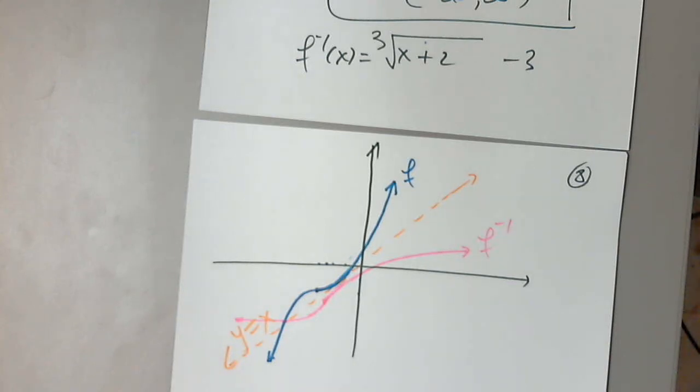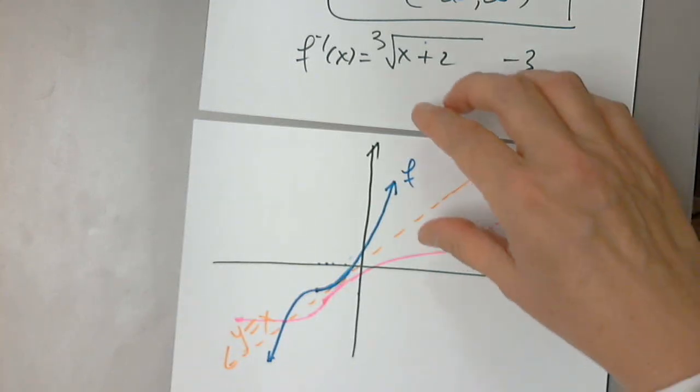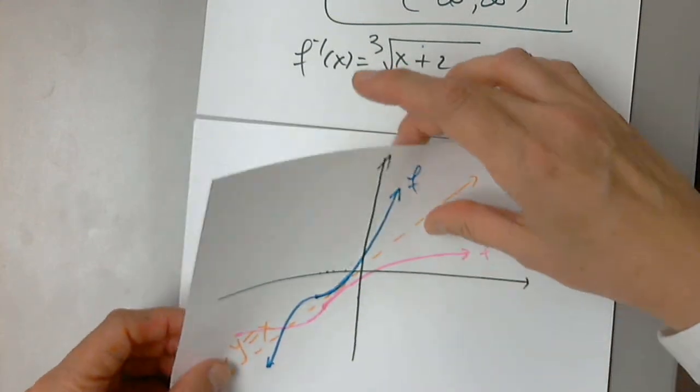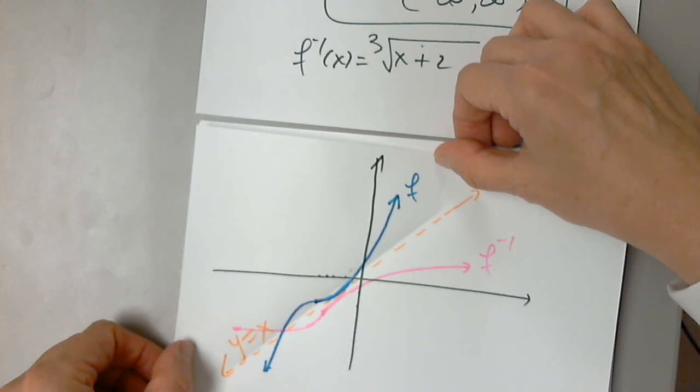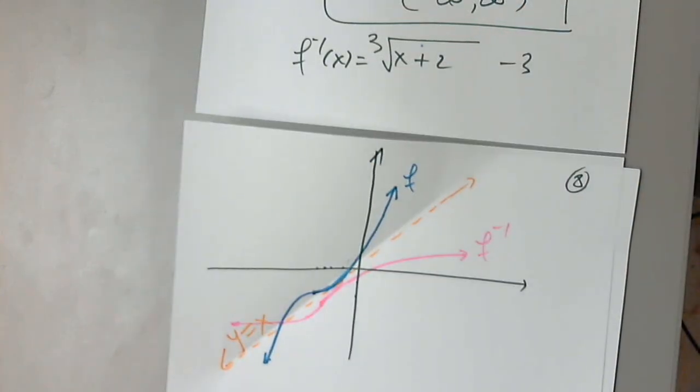So let's graph both. You see my graph is not perfect, and I don't expect your graphs to be perfect either, but just make sure that they are symmetric with respect to the line y equals x. Ready? So